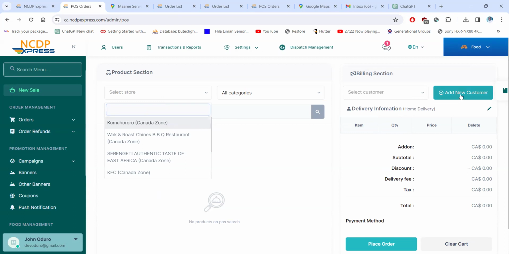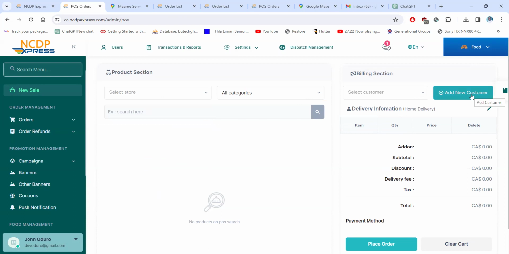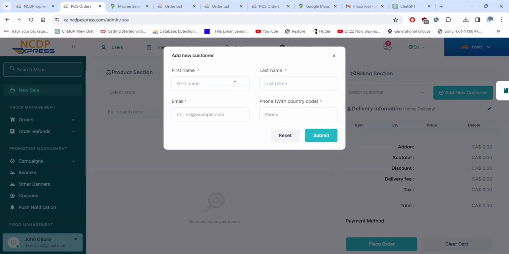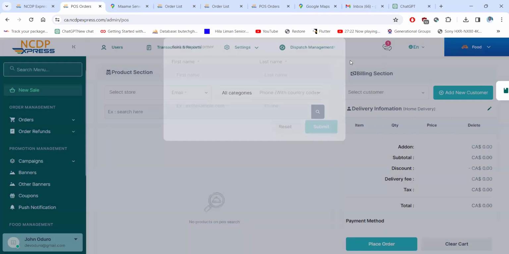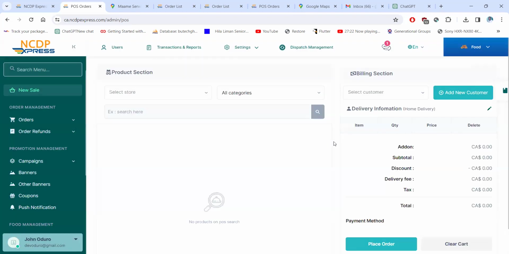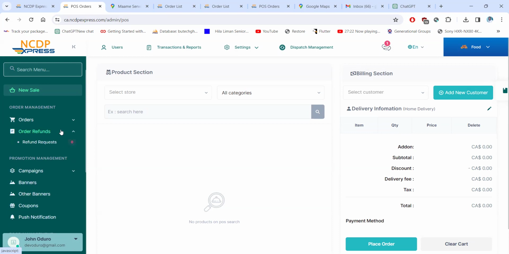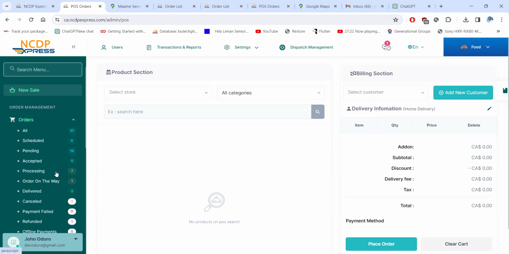And when a customer comes to our office, we may add the customer to our system without the customer doing the registration himself or herself. We may add him to the system because he has come to our office, and later the system will send an SMS to the person, and then the person will get the details to also log into the system. So this is